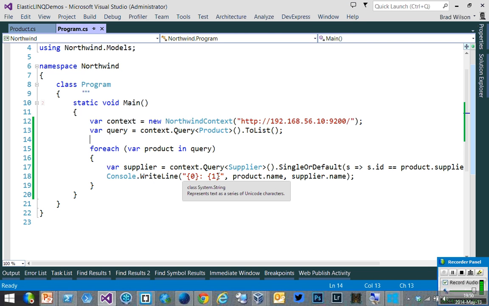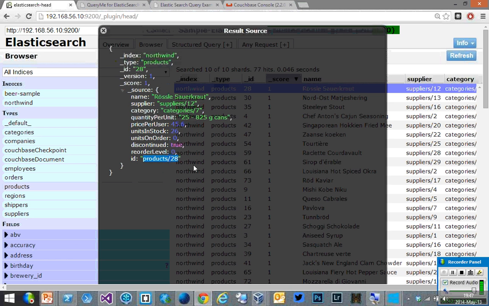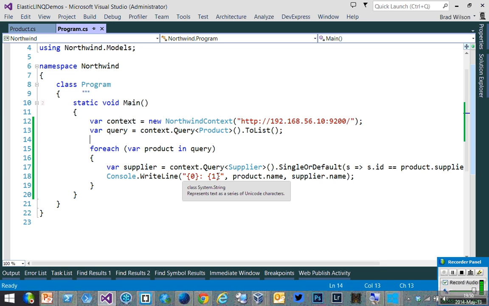So one way that I can deal with this, and this is something you would have to think about in SQL Server as well, is I can turn this into 2 queries instead of 10 by saying, okay, I have all my products now. What are all the suppliers that I need to know about? Right? So,